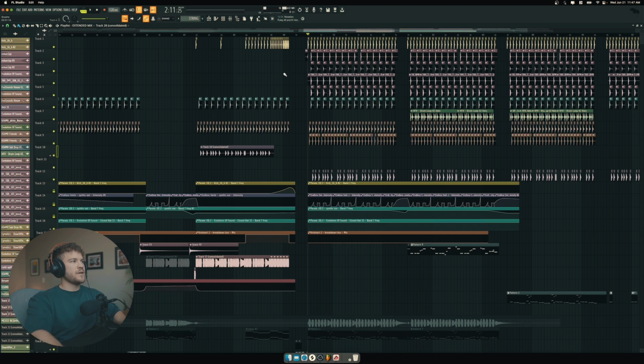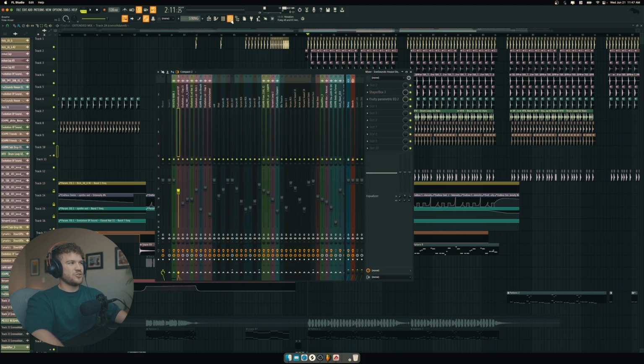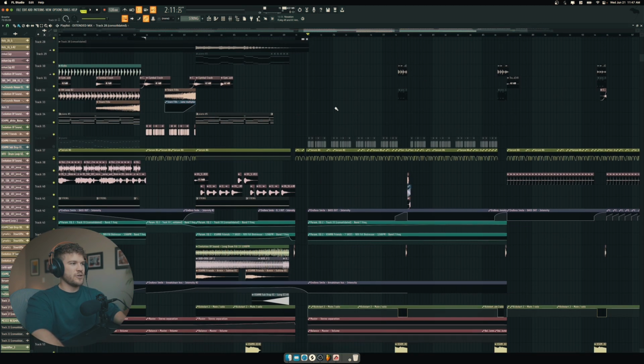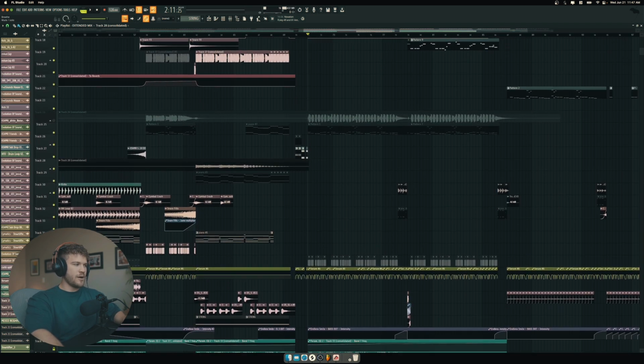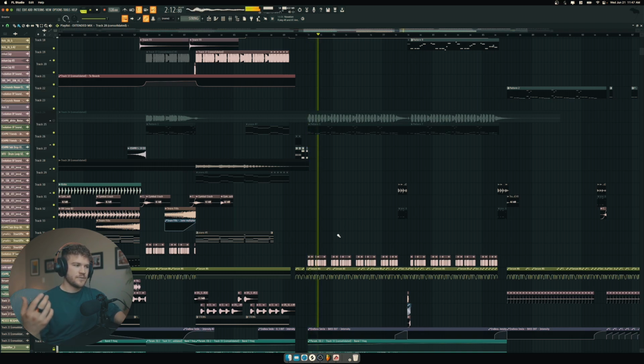For example, during the drop, I am constantly playing a white noise. And this is how it sounds. And just in case you didn't notice, I am actually playing the white noise anytime the